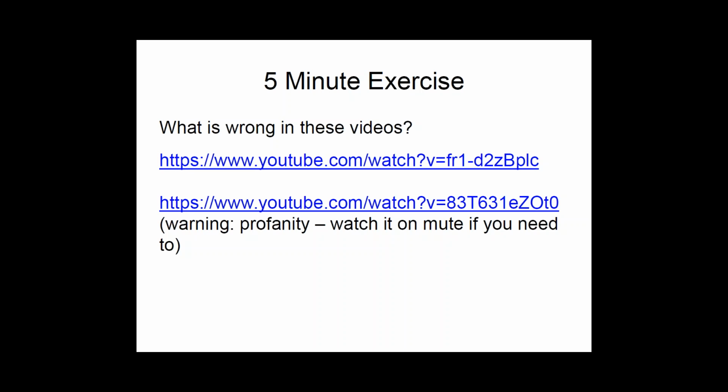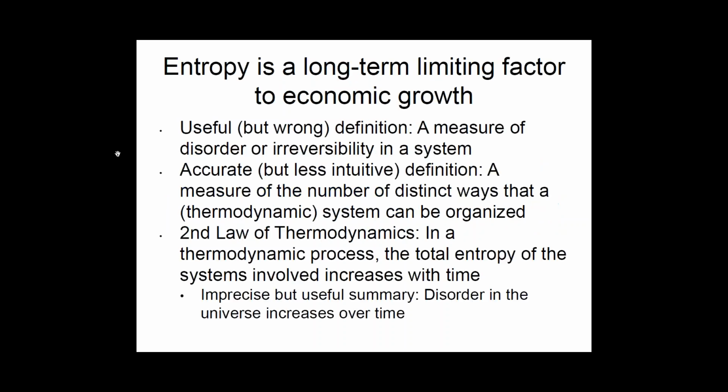So hopefully you've seen a little bit of one or both of these videos. Oh, I see somebody typed it in. So Rick says, it's irreversible processes. Yes, that's right. So these are examples of things happening in reverse that of course in the real world don't operate in reverse. It's extremely difficult to unscramble an egg. It requires a lot of energy, and Christmas trees tend not to burn in reverse and go back to the shape that they were in as you see them in the world.